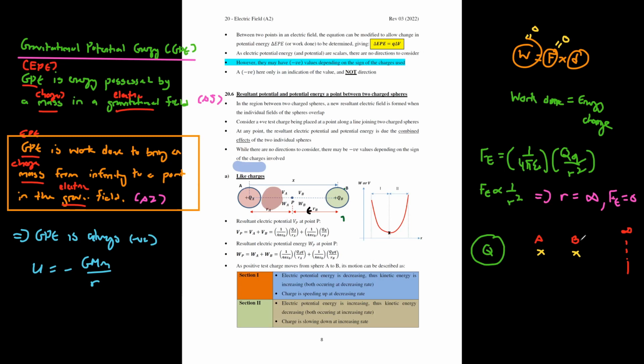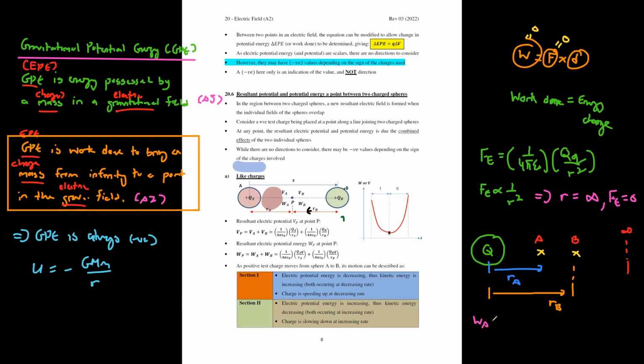Okay, so if you're talking about point A and B, the distance of point A from the main charge, let's call it RA, whereas the distance of point B from the main charge is, say, RB, okay? So right now, I'm interested to find out the potential at A as well as the potential at B individually, okay? So potential at A,